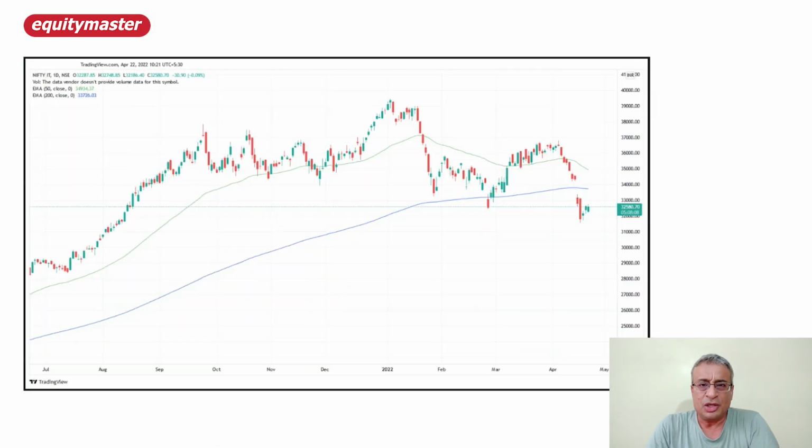Now, where is the CNX IT index? Let's take it and see whether we are under any threat of a death cross as we speak. On your screen now is the CNX IT index, a daily time frame chart, and the 50-day moving average is still marginally above its 200-day moving average, which means we have not yet reached the death cross stage. But there is no denying the fact that prices are lower and the 50-day moving average is in a downward spiral and threatens to cross the 200-day moving average downwards. Will it or will it not? Will the prices bounce back?